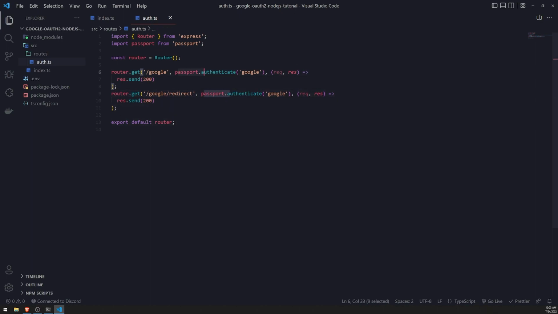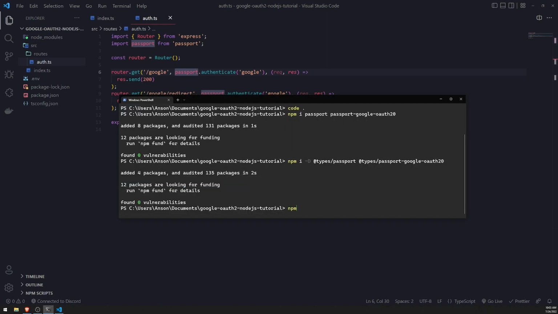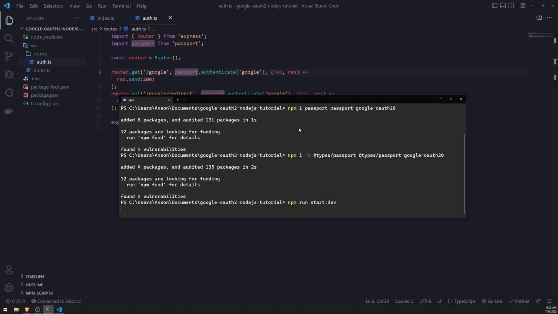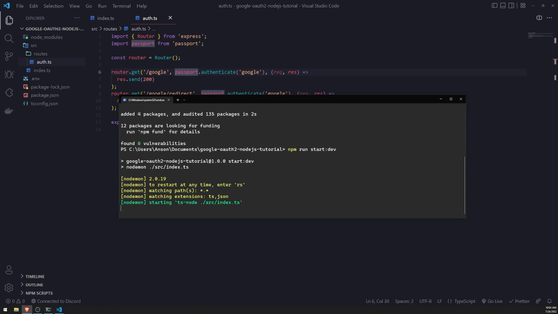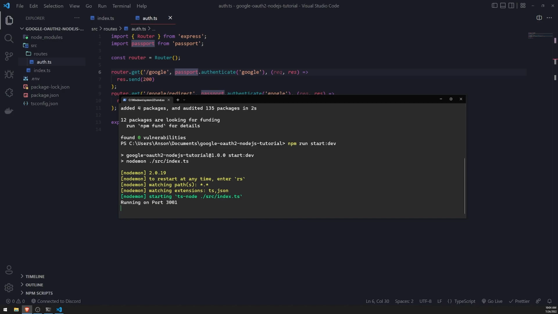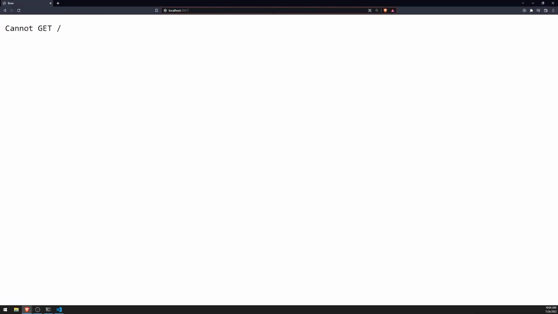Okay. So what we're doing here is we're making it so that when we actually visit the /google route, we're basically invoking this passport.authenticate middleware, and this will actually take care of redirecting us to the Google login screen. And you'll see that in just a second. Let's just run our code real quick. And let me open up a tab. Okay, so let me just move this over here. And if I go ahead and do